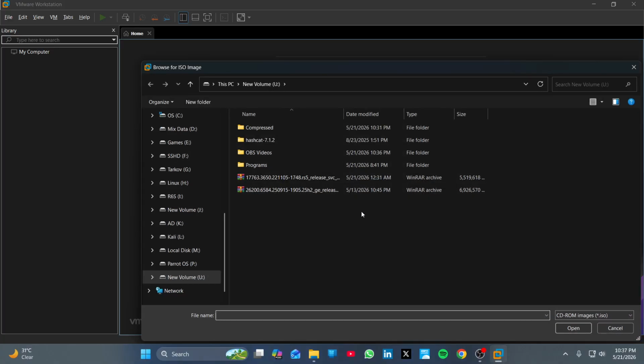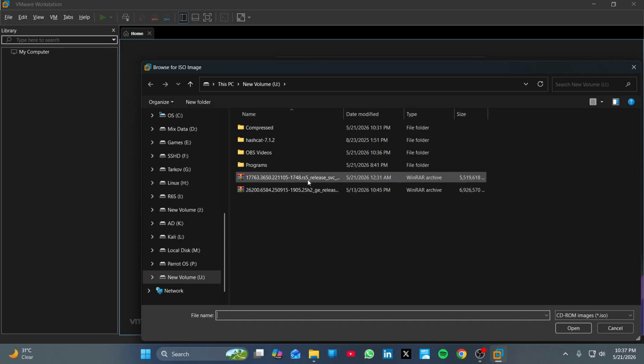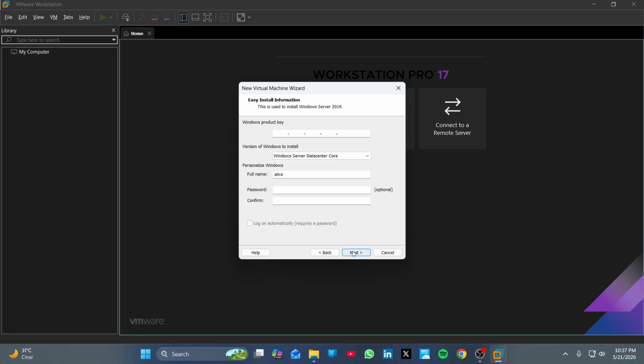I am going to select my ISO, which is, I am selecting my server eval ISO, that one. Click it open. Go ahead and double click that, and it says Windows Server 2019 detected. We are going to go ahead and hit next. Okay, hit next, and it says